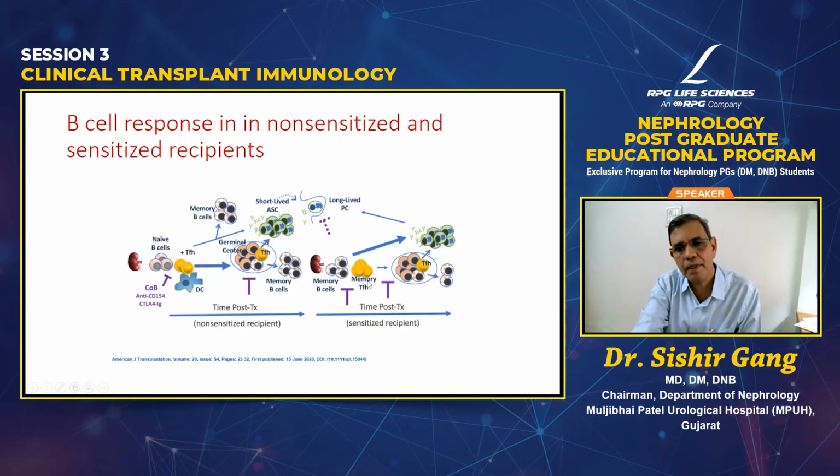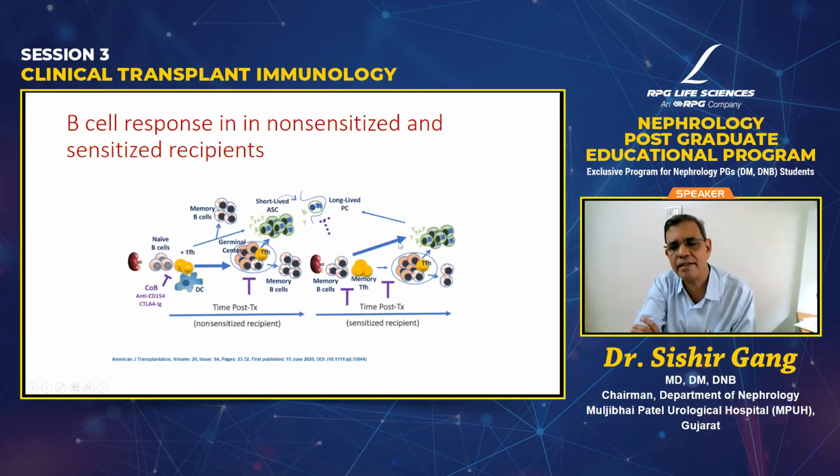However, if the patient is sensitized, the memory B cells kick in, and these memory B cells can then rapidly recognize the antigen directly. They don't need too much help from T follicular helper cells, and then they can mount a very large antibody response. The breadth of the arrows indicates, as shown in the article, the number of B cell clones that they can produce, so a large amount of antibodies can be produced. And therefore, if you're highly sensitized and it's not recognized, you can develop hyperacute rejection.